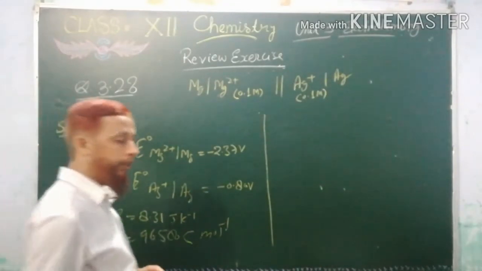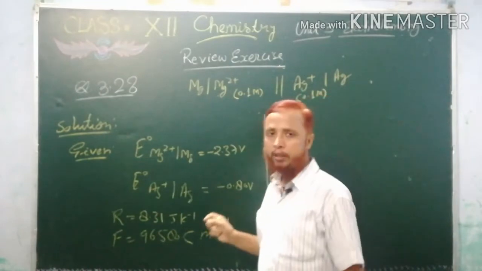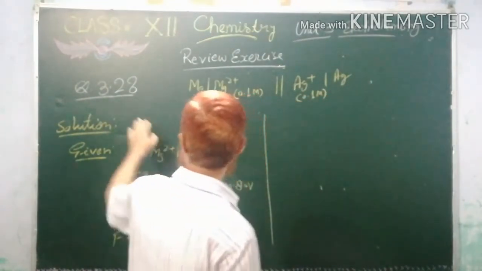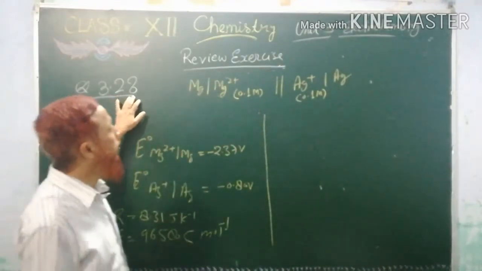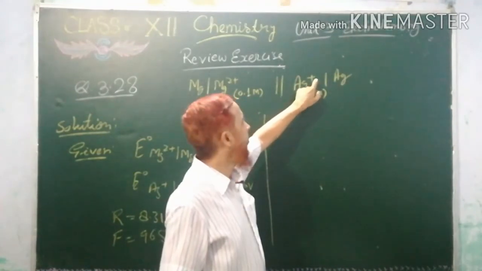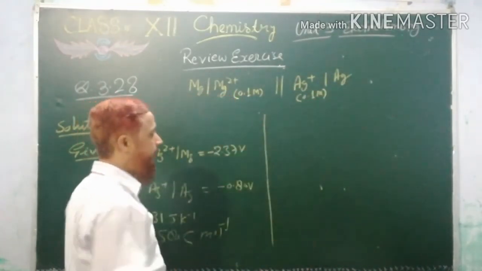This is another question. Question 3.27 is a similar valency type of question, so I think you can do it. But this is question number 3.28, where the valencies of the ions are different. So we are going to do this question. I am not writing the question to save space.